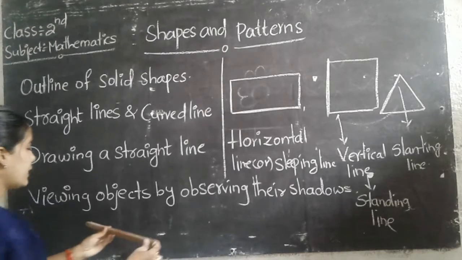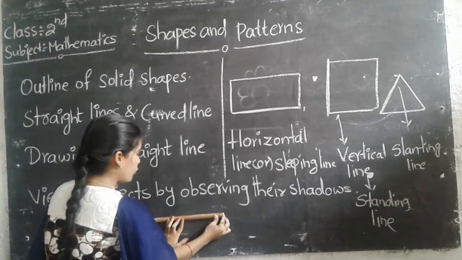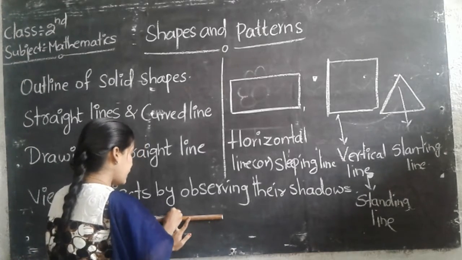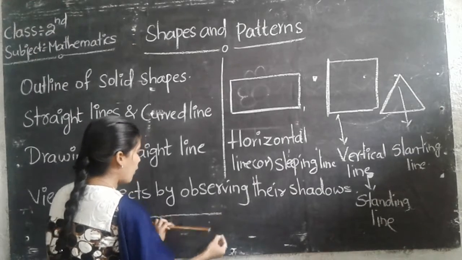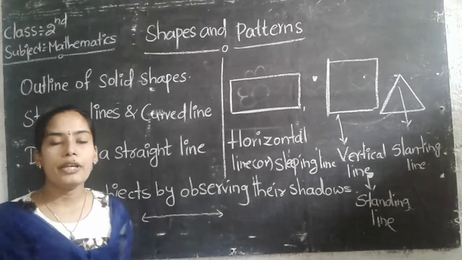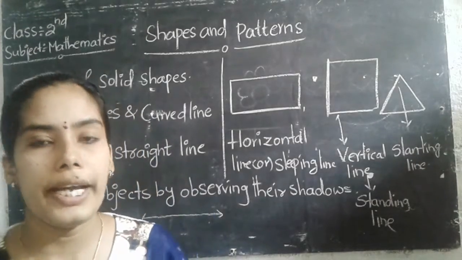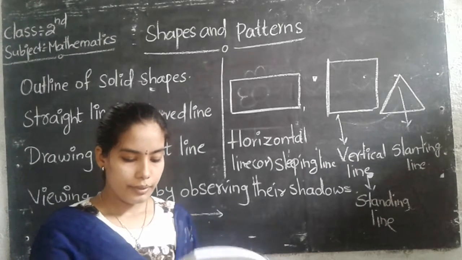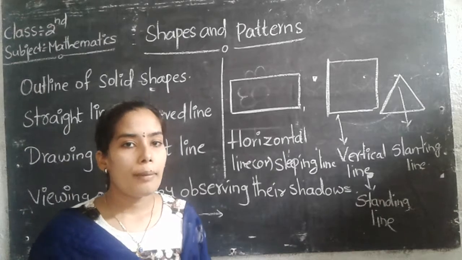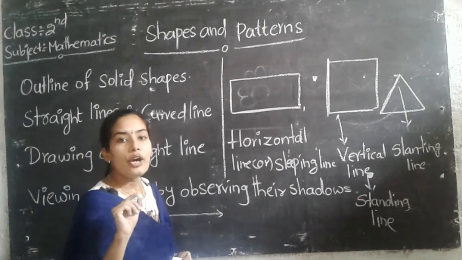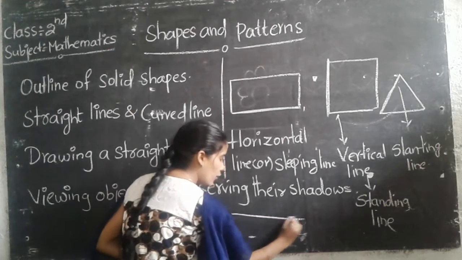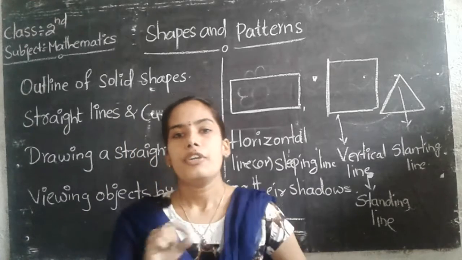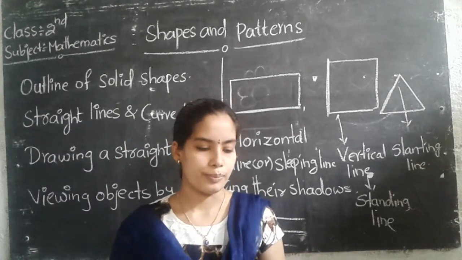Let us see. Just hold it correctly. Then we get the straight line by using the ruler or by using any straight line object. So children, you also practice directly without any ruler. Just practice the lines like this, so that finally you get straight lines. In the same way, you have to practice the curved lines also.